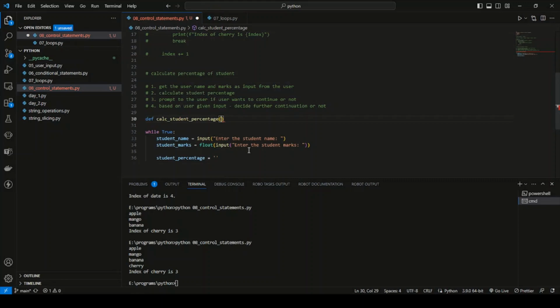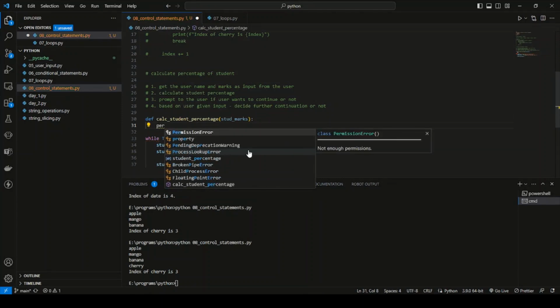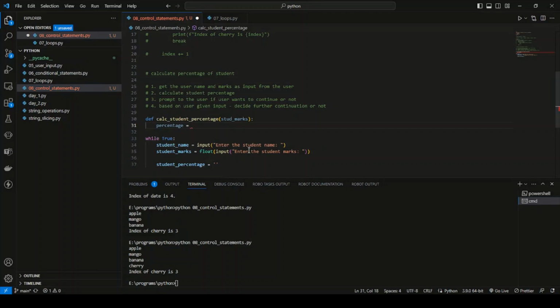This function will accept one parameter, stud_marks. Let's calculate the percentage is equal to